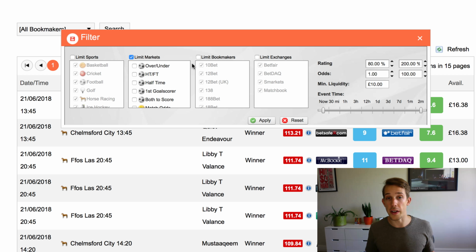The next football one down is over-under. This is where you're betting that there will be more or less than a certain number of goals in the game. It starts at more or less than 0.5 goals, which basically means that there is going to be some sort of goal scored during the game. If you're less than 0.5 goals, that means it was a 0-0 draw, and if you're more than 0.5 goals, it could be anything. It could just be 1-0, it could be 10-all. That's what that one means.